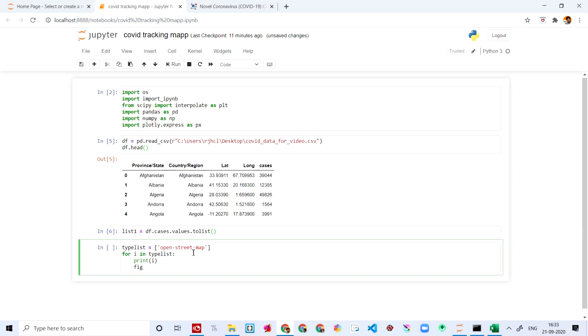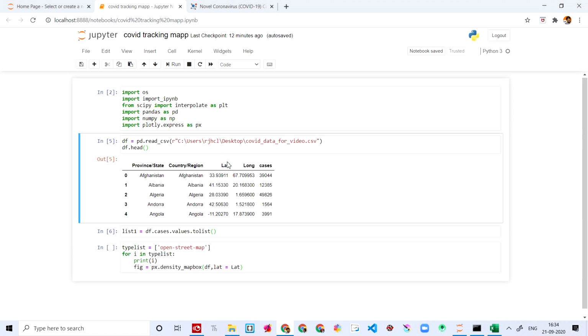What you're gonna do is say fig is equal to px. You remember Plotly? That one is the main, that's why I said it. We're gonna say px.density_mapbox. We're just explaining the density of the map. And then you're gonna say df, comma, latitude. We're gonna say latitude is equal to lat. That says over here, you can see, right? If you want, you can rename it as complete latitude. Remember, it should be in single quotes.